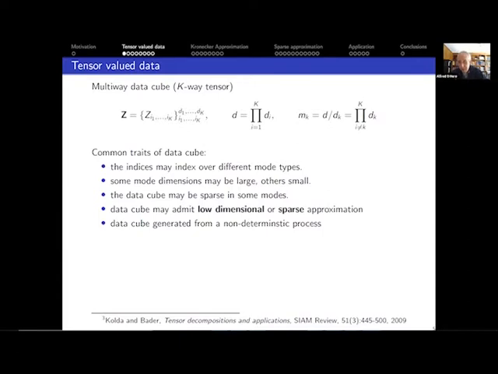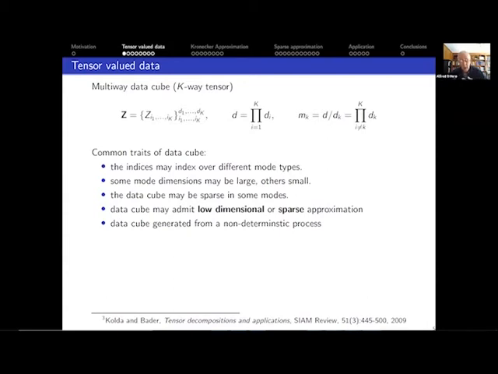But something else might have sparsity, and that something else is going to be covariance or inverse covariance, which I'll explain in a minute, why it's reasonable to assume that that might be sparse. And so we have this data cube that might be sparse. Maybe it's also low dimensional, a few degrees of freedom that we may be able to build an approximation to for the purposes of building a predictor, right?